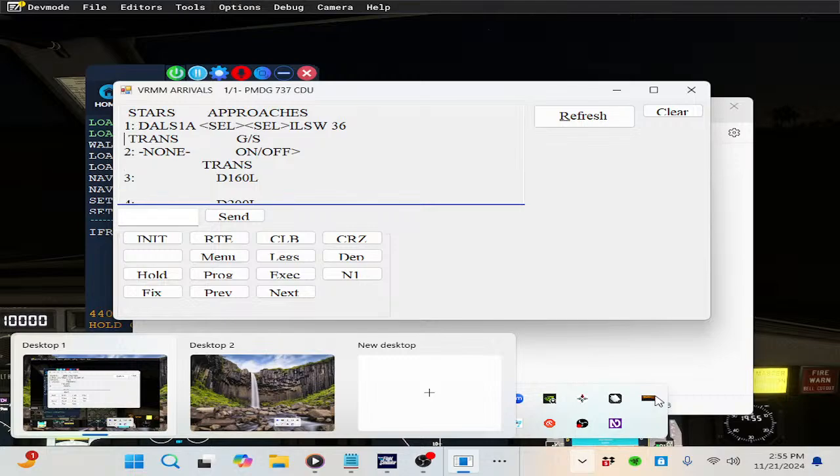Trans G1. DALS 1 A less trans G2. Non/off greater. Trans G1. DALS 1 A less L greater less trans G2. Non/off greater. Trans 3. D160L. Land option 3. D160L. Colon 3 colon space carriage